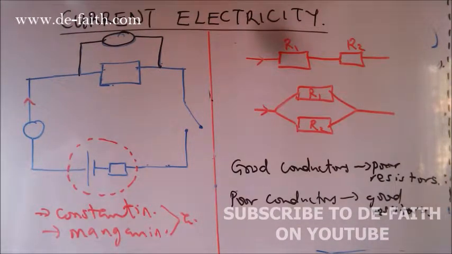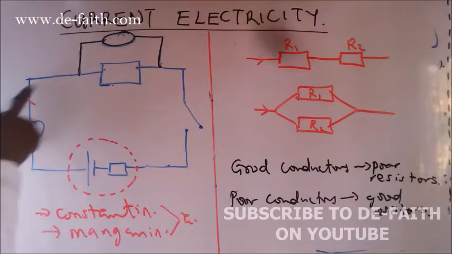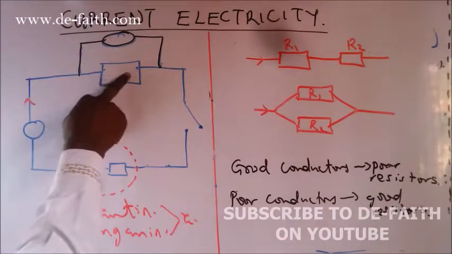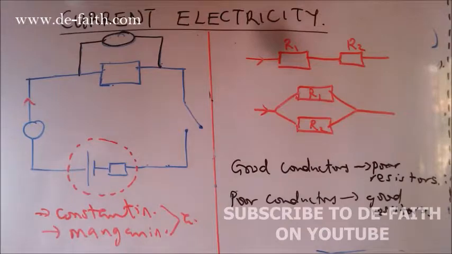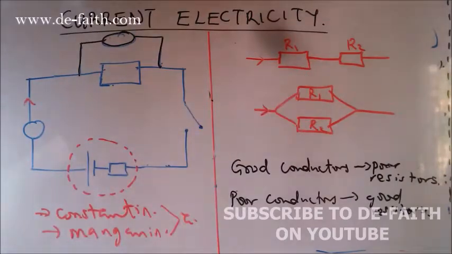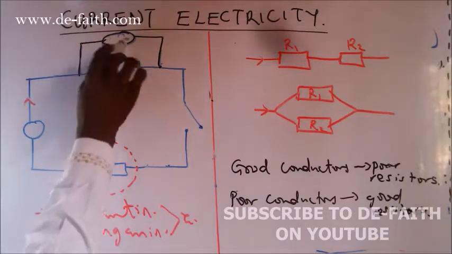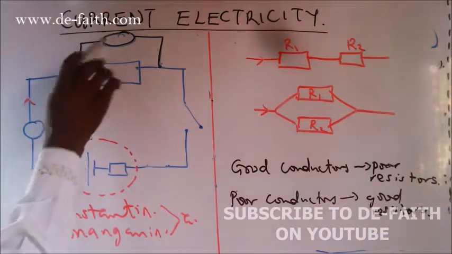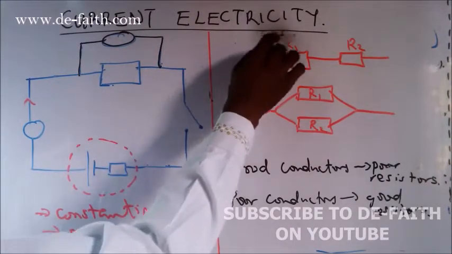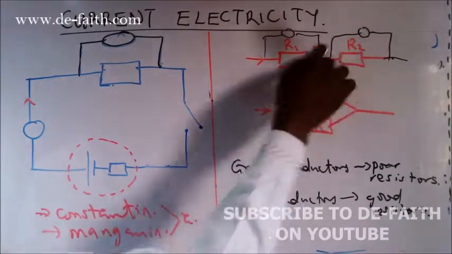We could have resistors that are connected in series into an electrical circuit. In this case, we have just one resistor here. But imagine if we have two resistors like this. One thing is that the current will flow through the resistor. When they are connected in series, it is the same current that will pass through the first resistor and the second resistor, just that the potential difference across them will be different. This black here is the potential difference which is drawn across this resistor. Now, if we are to calculate the potential difference across this, it will be different from each other.